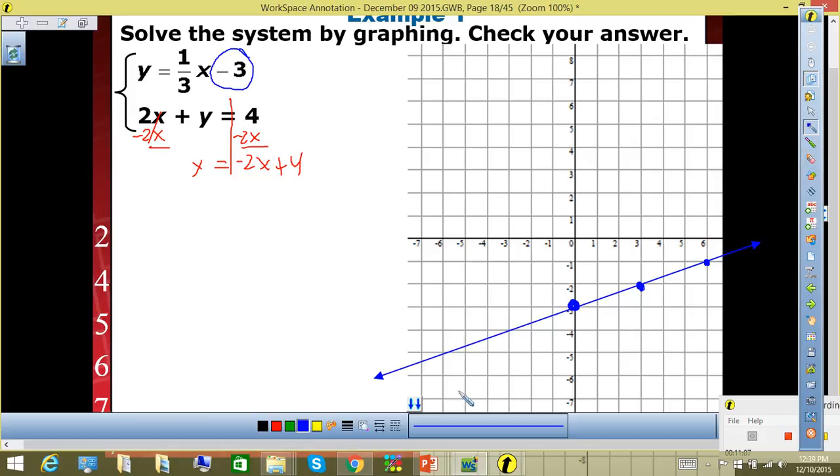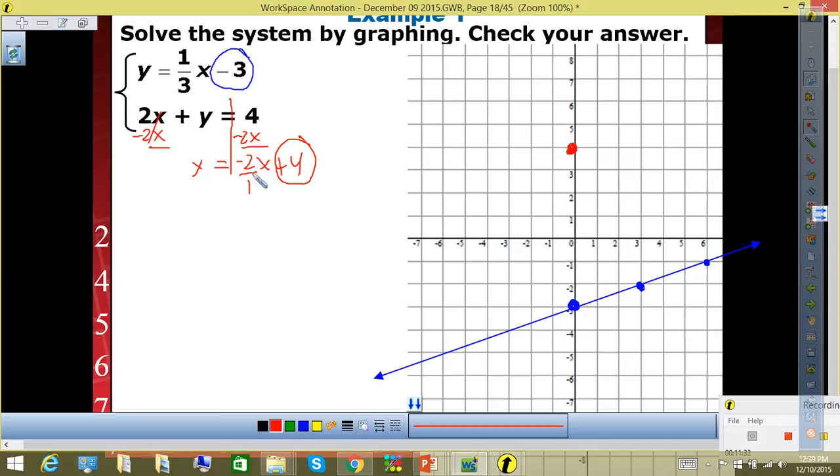Okay? So we're done graphing that one. Let's graph the second one. I'm going to graph the second one in red. Where do I start on the second one, everyone? Y-intercept, which is 4, positive. So I circle it. I plot my point on 4. There it is. And my slope tells me I need to write it in fraction form, which is